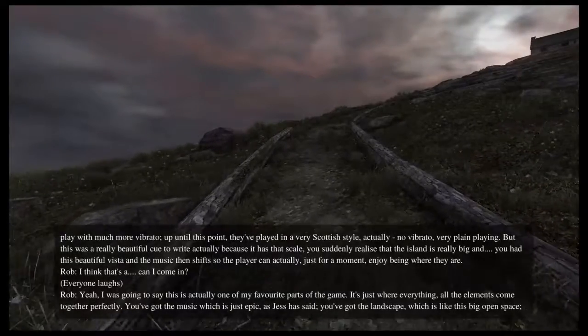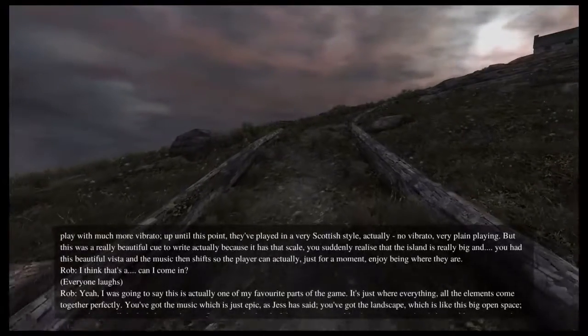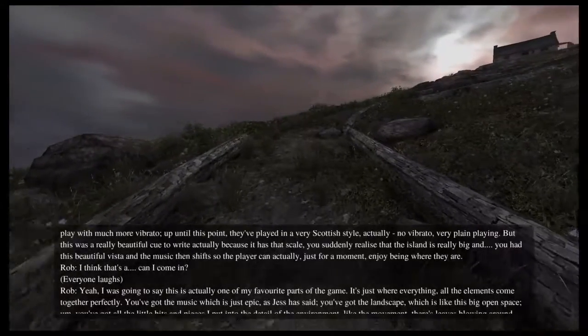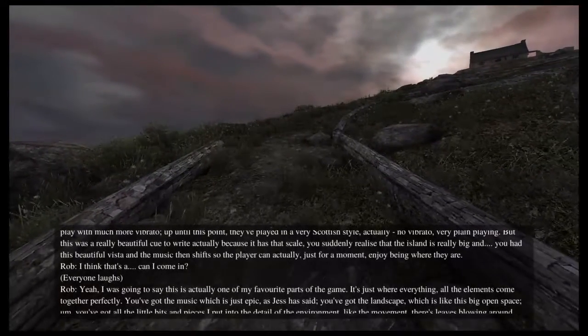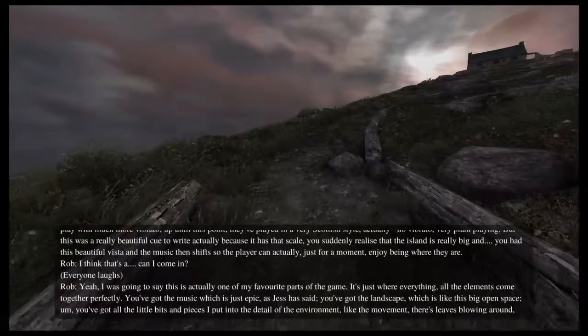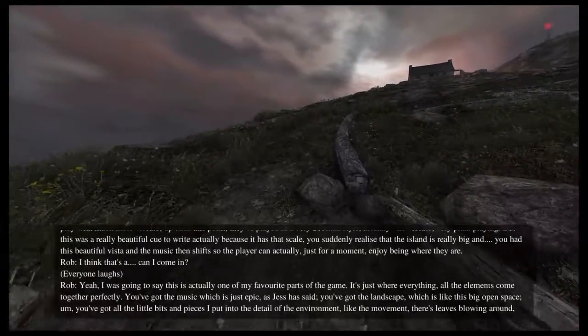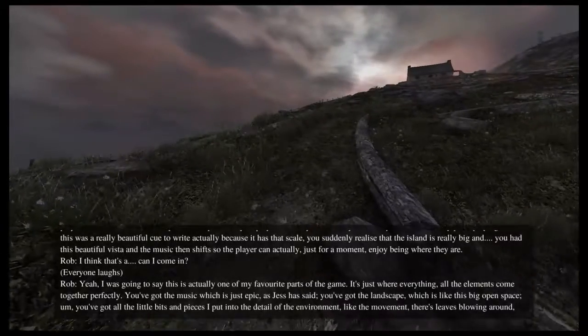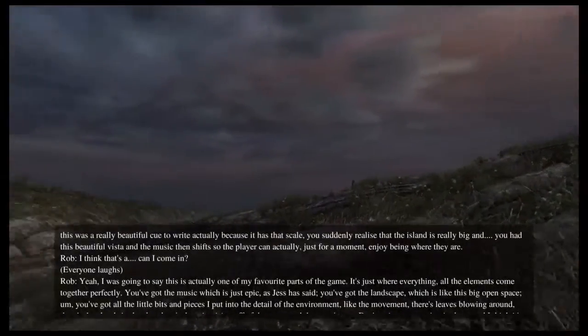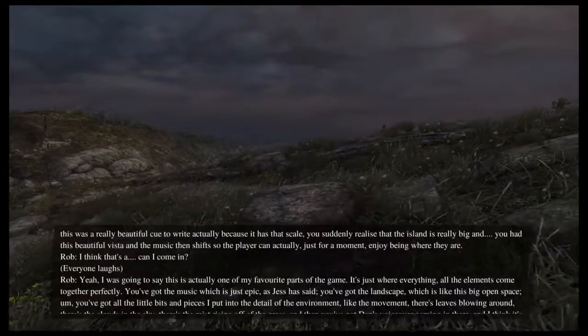Yeah, I was going to say, this is actually one of my favourite parts of the game. It's just where all the elements kind of come together perfectly. You've got the music, which is just epic, as Jess has said. You've got the landscape, which is this big open space. You've got all the little bits and pieces that I put into the detail of the environment, like the movement.